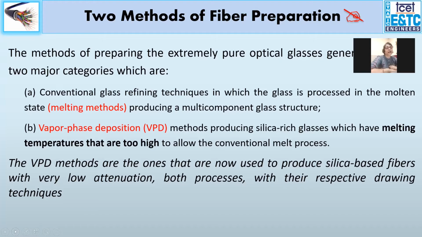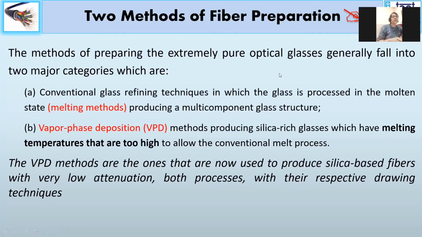And that has to be avoided, because how did the fiber come into actual commercial use? It was when we could reduce the attenuation to as low as 20 dB per kilometer, which presently, when we are using 1550 nanometers, has come down to 0.2 dB per kilometer. That has come only with the advancement in the fabrication process.